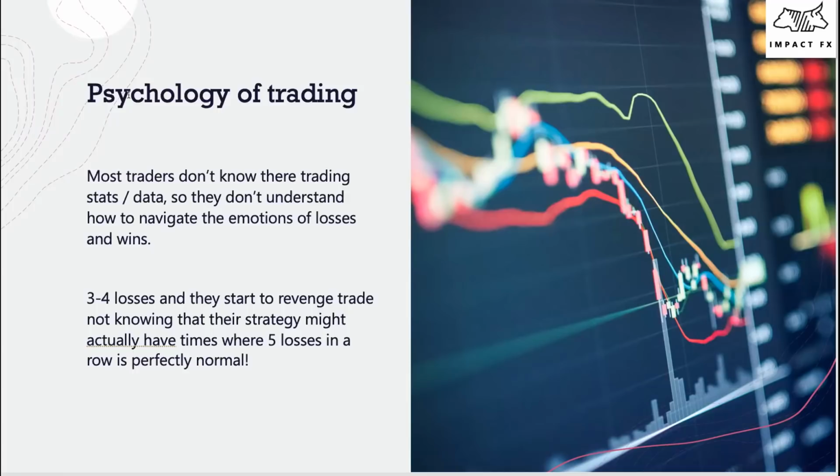If you didn't have that data, do you think you would actually not be in a bad psychological state if all of a sudden you're on that 8th loss in a row? Do you think you'll probably give up, or start revenge trading? But what you don't know, because you haven't backtested, is that you'll probably have a win rate now of 5 in a row. And if you would have taken that 9th trade, it'd be a 1 to 10 and it would wipe out